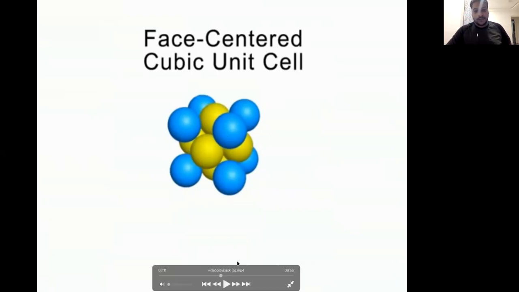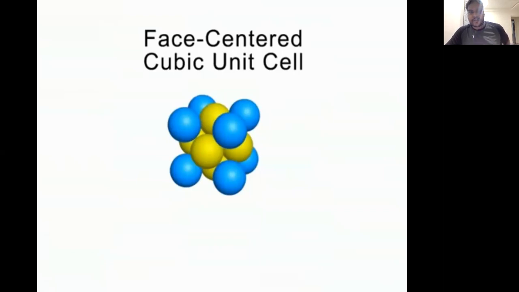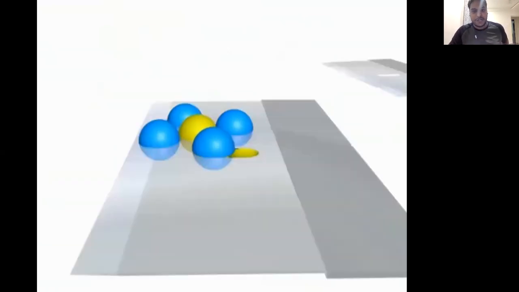Okay. So now let me slice it from all different ways. This is very difficult to imagine. FCC is very difficult to imagine. So this needs a slicing from all different directions here.